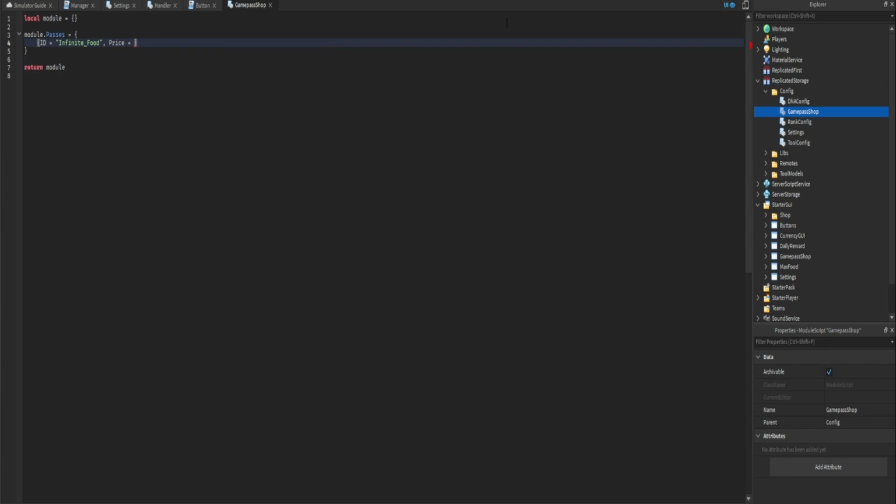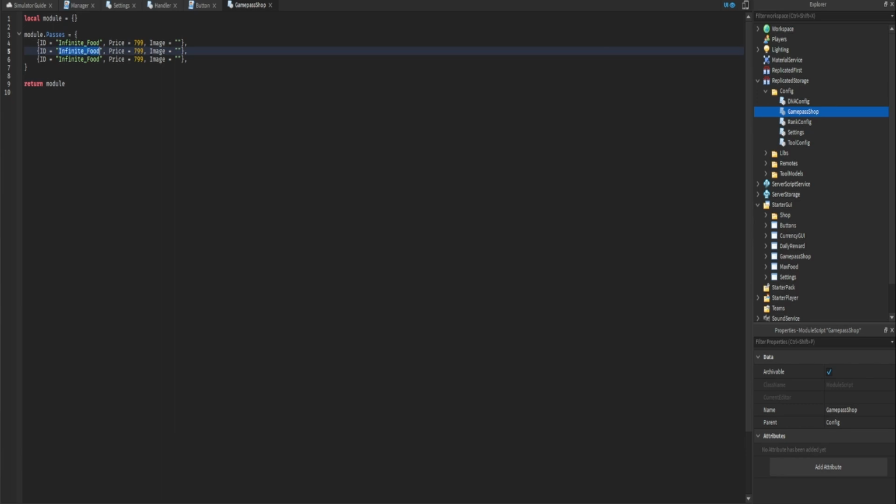So how much Robux is it going to cost, and we're going to say 799. Then the last property we're going to create for now is going to be the image property, and we're just going to set that to a blank string. Now if you're using a specific image for each individual game pass, then you would put the URL to the image directly here. Then we're going to add a comma at the end of this, and we're just going to duplicate this line 3 times, and then we'll just modify some of these properties for a couple of other game